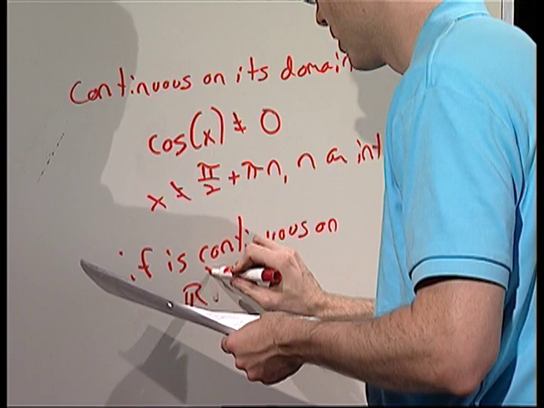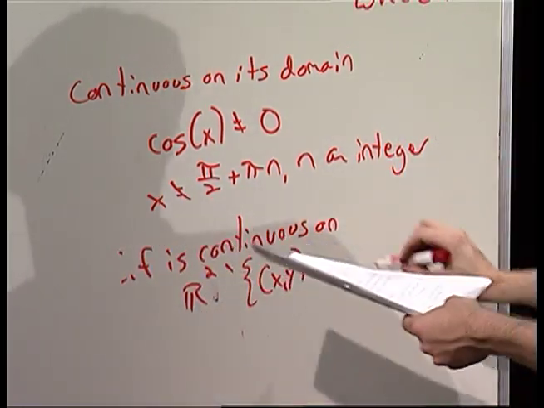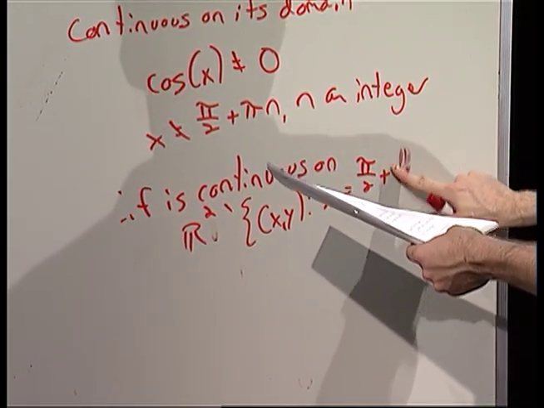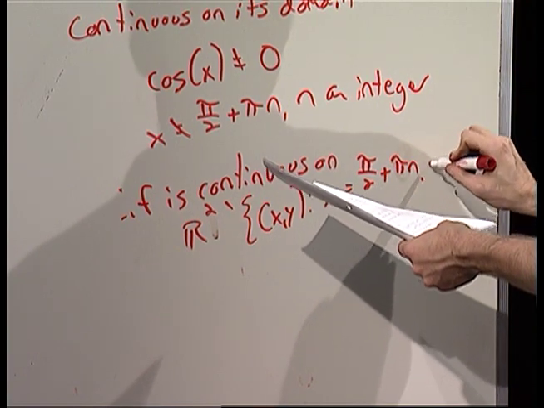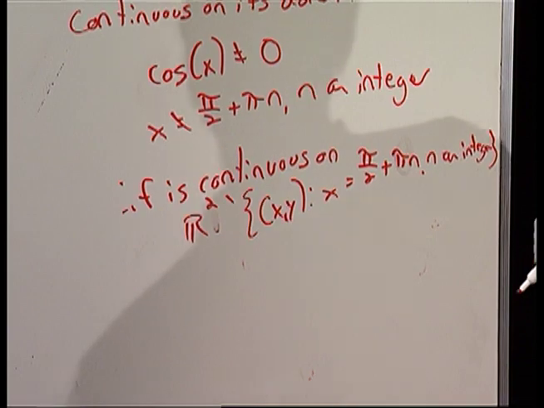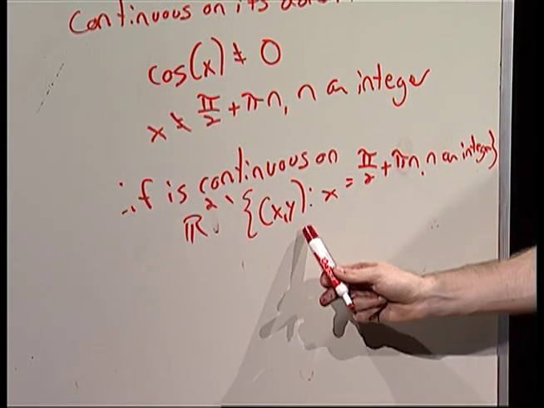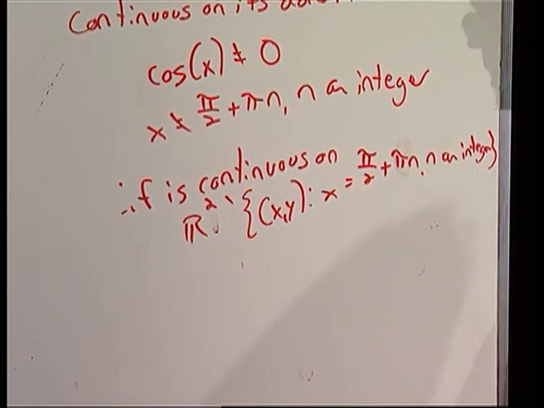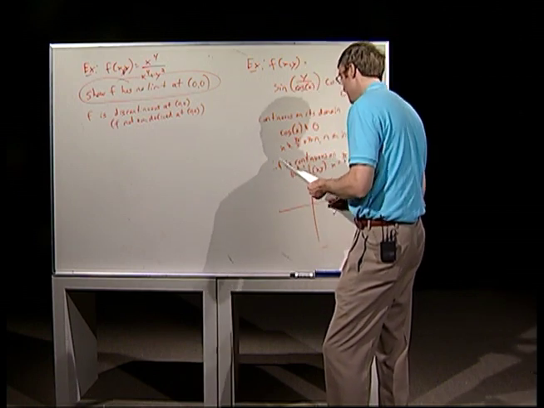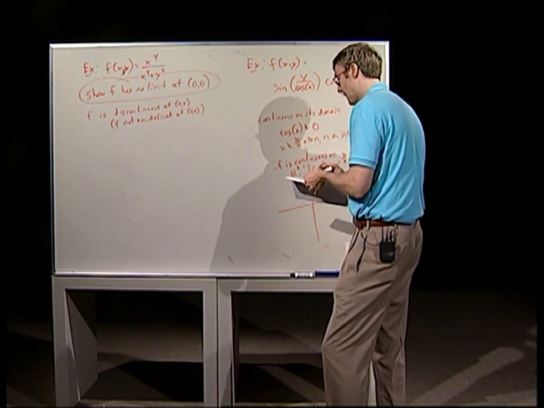Continuous on all of R2 except for points x comma y, where x is pi over 2 plus pi n, n an integer. So it's R2, delete these points. Notice the y values in these points are allowed to remain free. So these are vertical lines, right? So how do I draw the domain? The domain is everybody in R2 except for